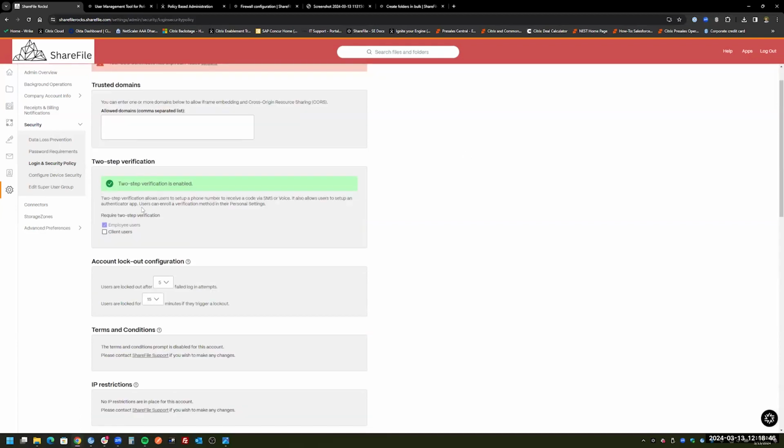Two-step verification, this is an important one. This is for requiring two-step verification for either employee users, which we have on by default, and client users as well. Depending on how your organization wants to